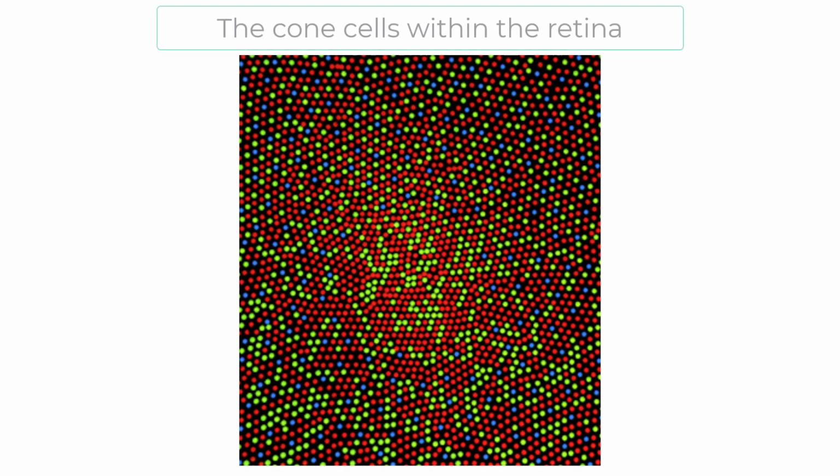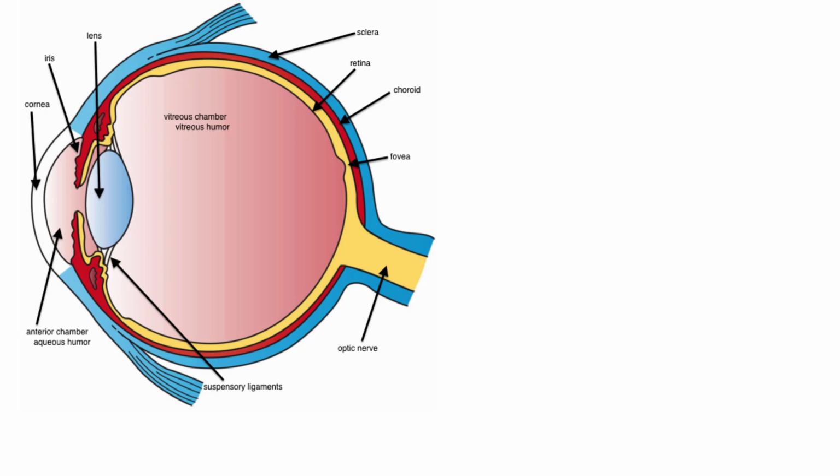One type of cell is a cone cell, and there are kind of three flavors of cone cells. There are cone cells that are sensitive to blue light, cone cells that are sensitive to green light, and cone cells that are sensitive to red light. These cells are then innervated. That's a fancy word for connected to